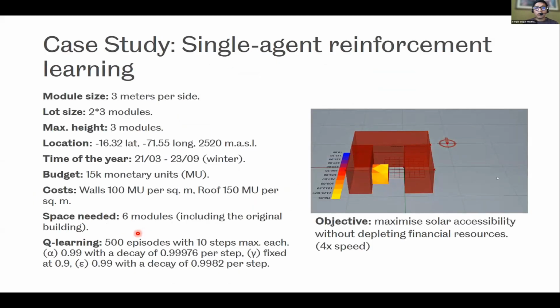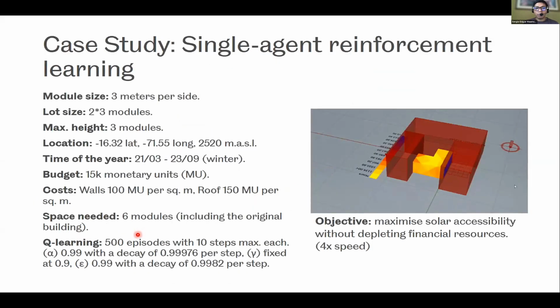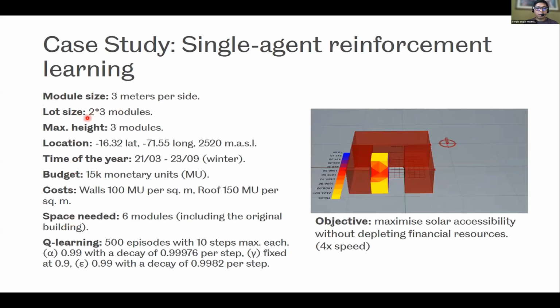So to test the interaction between the models that were ready at that point, we made 2 experiments, one with single agent reinforcement learning and another with multi-agent reinforcement learning. These are some of the configurations. So we have the model size, the location. This was in the southern hemisphere, so the location is in Peru. Because of this, and this is in winter, we have the north at this site, which is hidden by the other buildings. And the objective of the agent will be to try to